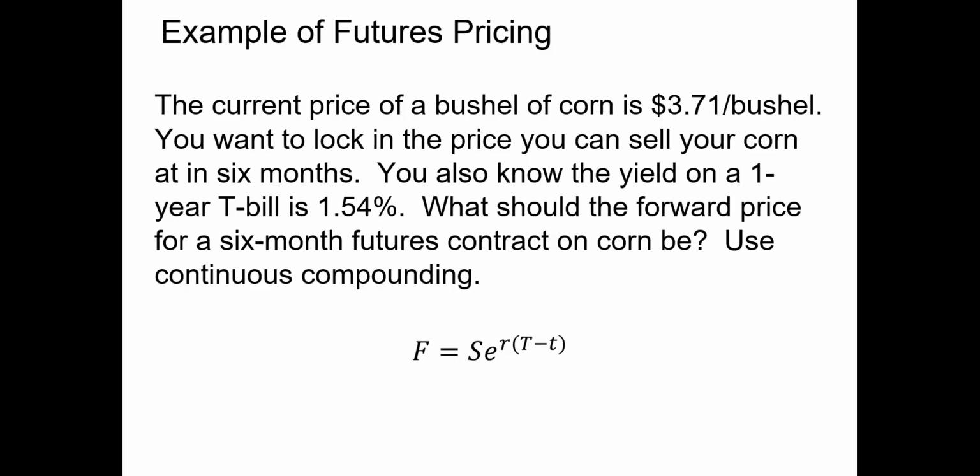So we'll start off with the formula I just gave you. The forward price is equal to the spot price times e to the power of r times time to delivery. Well, our spot price here, or the current price of a bushel of corn, is $3.71 per bushel. We know that our risk-free rate is the yield on the 1-year T-bill, so that's 0.0154. And then lastly, we want to know the forward price 6 months from now. So this is where we get this 0.5. And so when we work this out, what we find is that the forward price for a bushel of corn 6 months from now should be